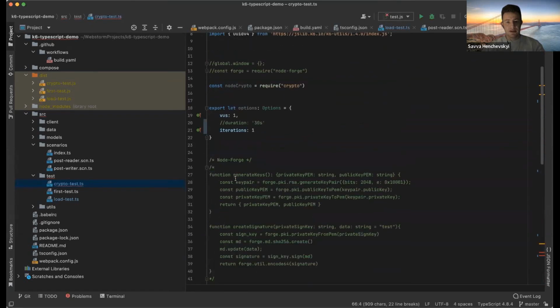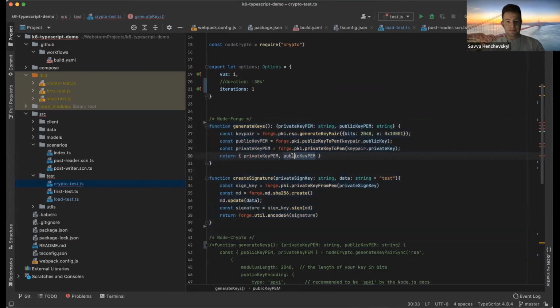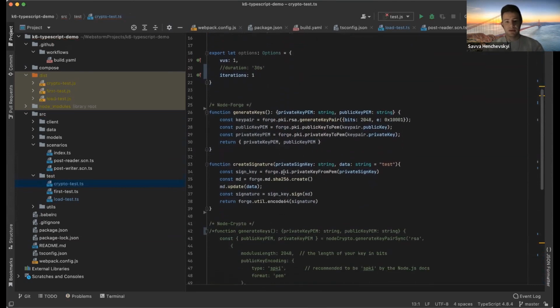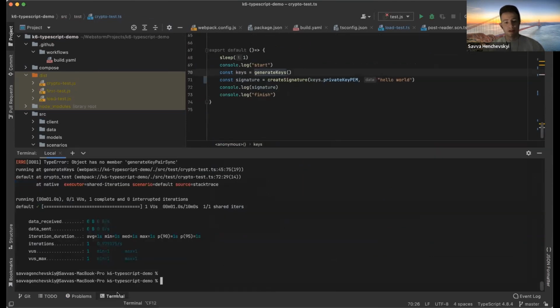And let's use here generating a hash using the Node4j library. It could also be used to generate RSA keys and other types of keys, and after that to encrypt the data and to create digital signatures. So we have the same methods with the same names, so we should not change anything. They are here. So let's try to rebuild our scenario again